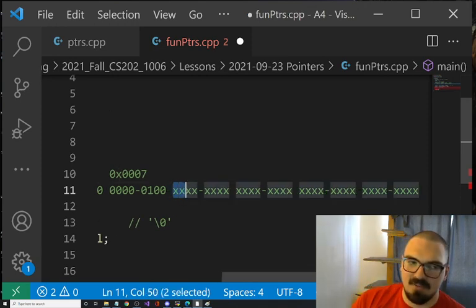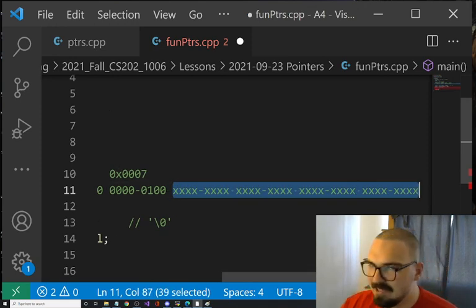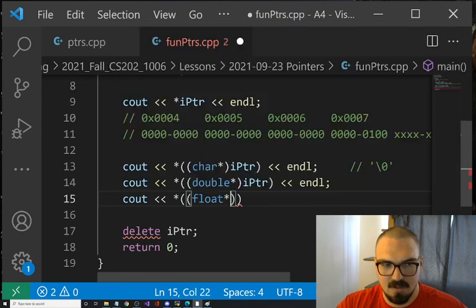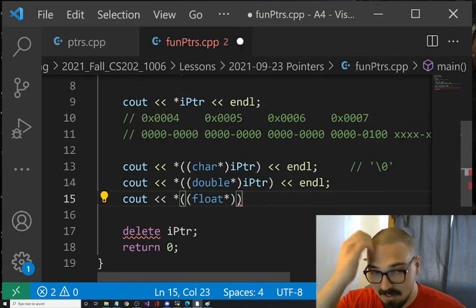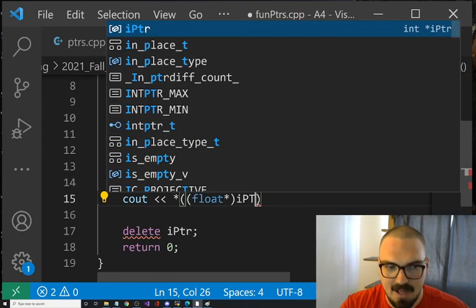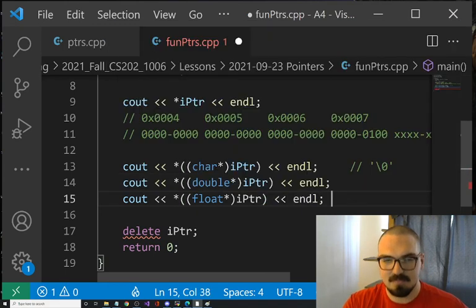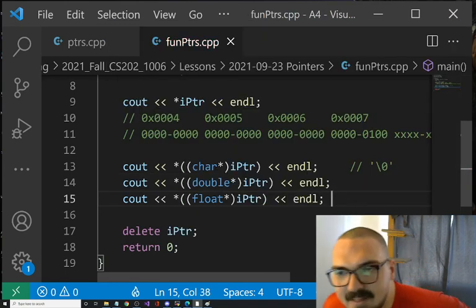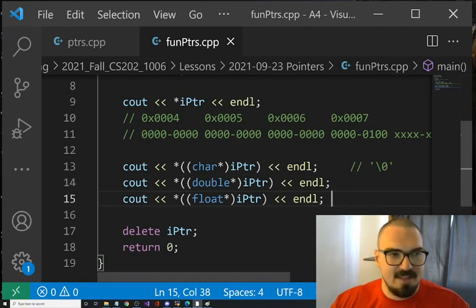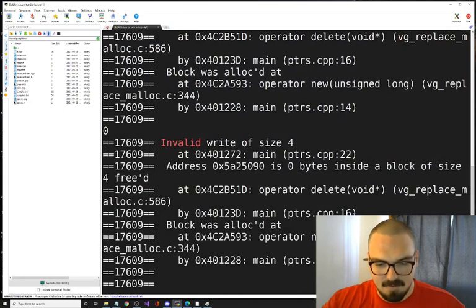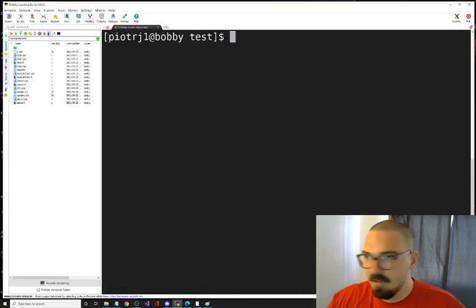It's going to read whatever these are, and then whatever that represents in a double will pop out. You want to see what this looks like as a float? Now, guess what? The float will come out. It won't be an invalid read, but it's going to look different. Floats represent their data differently than integers do. They represent their data differently.